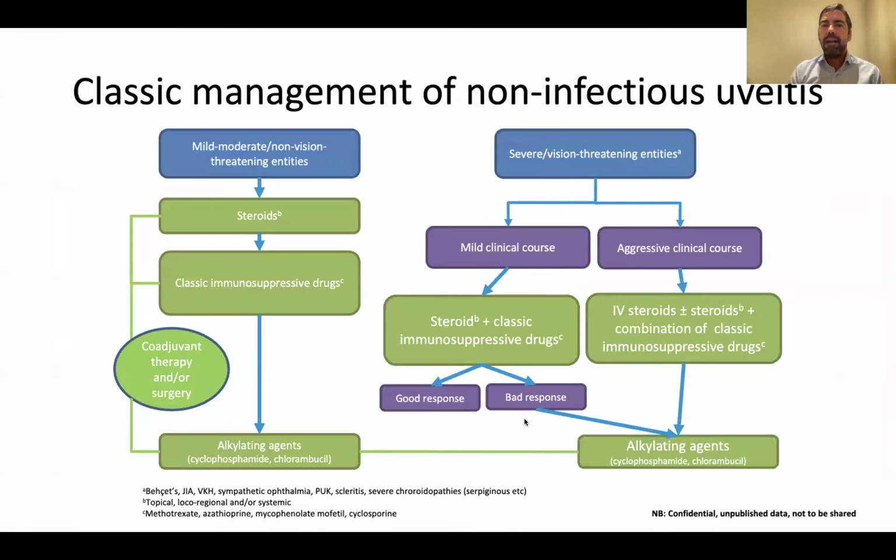So the classic management of non-infectious uveitis can be summarized in this step-ladder algorithm in which steroids were the initial common therapy for all our patients. For those patients with severe vision-threatening entities, we can use classic immunosuppressive medication or even alkylating agents. And of course, coadjuvant therapy could be used by the clinician at their discretion. So in this classic